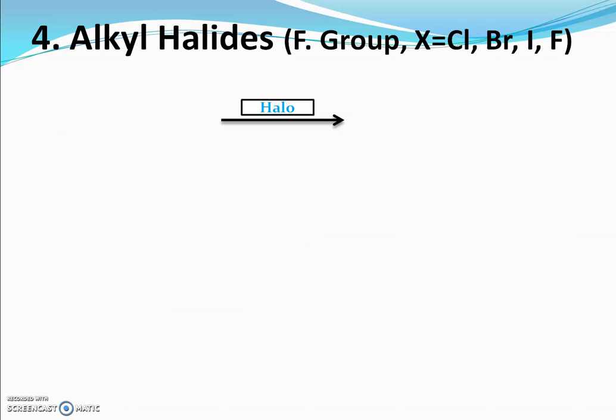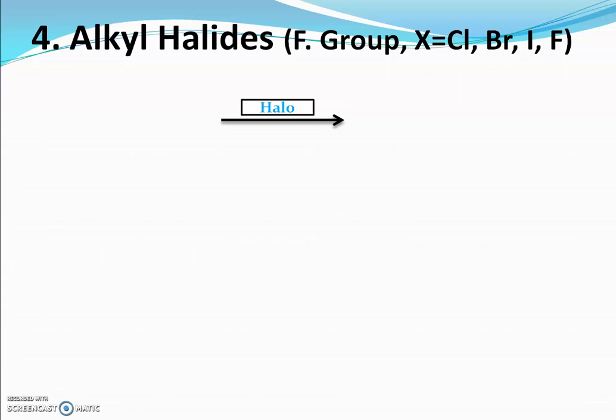Dear friends, in a previous video we learned how the IUPAC names of alcohols, aldehydes and carboxylic acids are arranged in the IUPAC system. In this video we will discuss two classes, alkyl halides and ketones. So let us start with the alkyl halides.